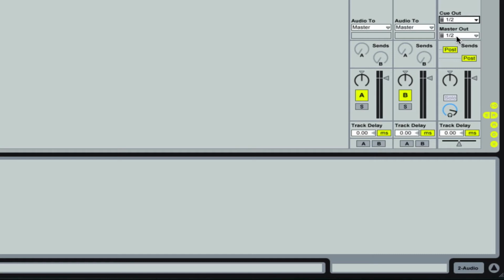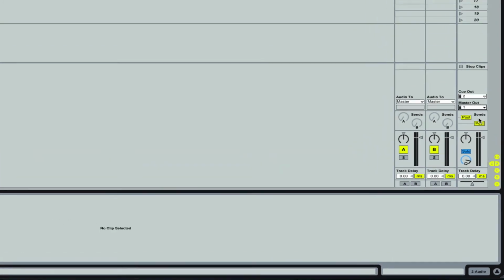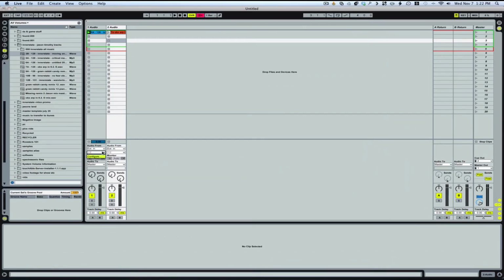But in this case, because I couldn't really make a video with a 4 output sound card, I'm going to show you by setting the cue to the right and the master output to the left speaker, okay? And then I'm going to set the audio tracks both to master. So that's set up. So now if I play a song,